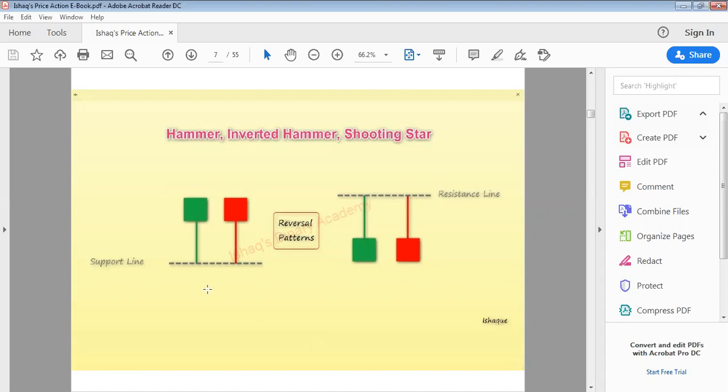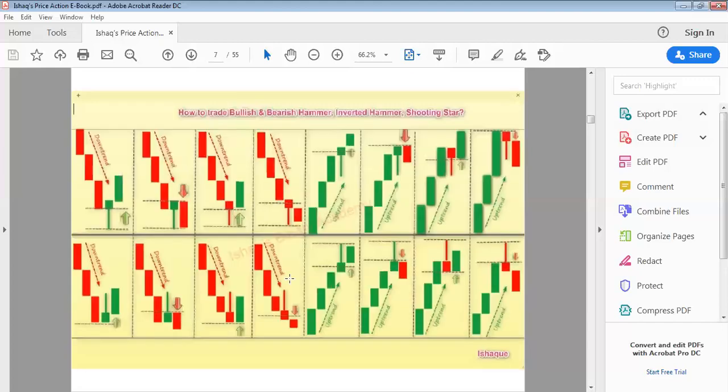Okay. After this, if you are familiar with these patterns and you know their names and formation, then you can find these patterns in the trend. If you find these patterns in the uptrend, in the downtrend, or in the middle of the trend, the rule for trading is the same everywhere. You just need to understand where the pattern appears and how we can trade. In the next slide, I clear everything. There are 16 opportunities to trade these hammers and inverted hammers.